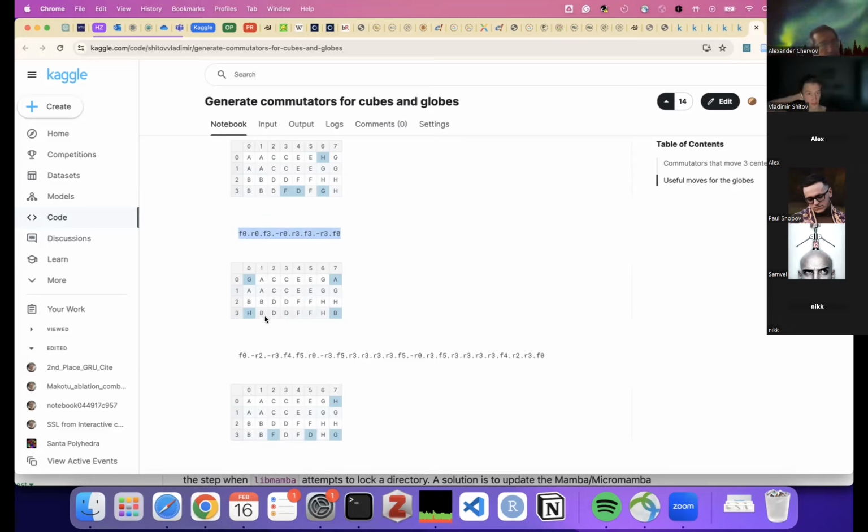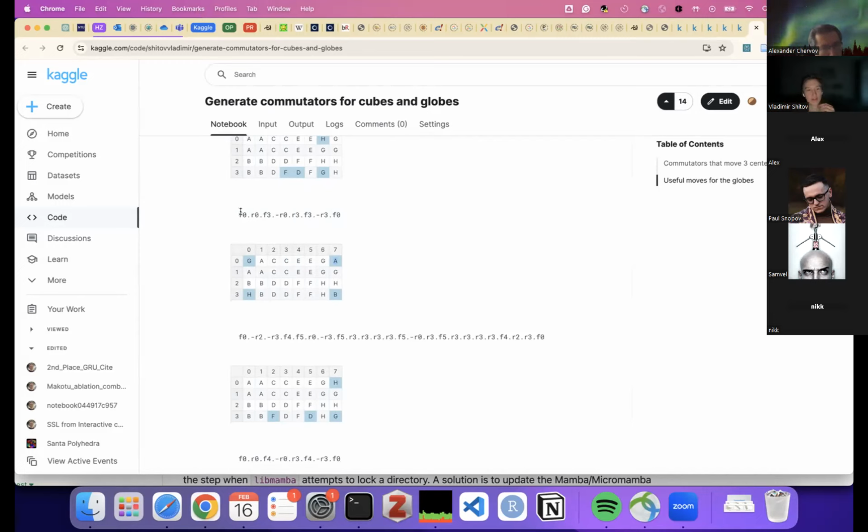But also, I believe there exists a fully algorithmic solution without this graph search. You just know that, for example, this piece needs to be swapped with this piece, and then I believe you can somehow select the moves that only move them and leave everything else in place. If I had another couple of weeks, maybe I would guess this algorithm, but I didn't have much time, and yeah, I just tried to solve it using the A star algorithm basically.